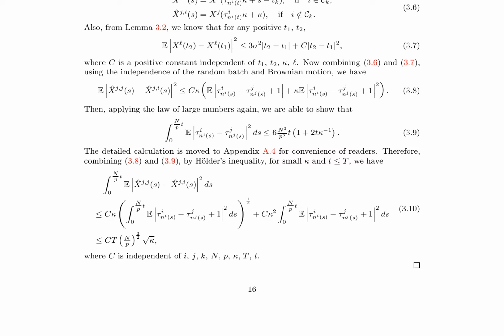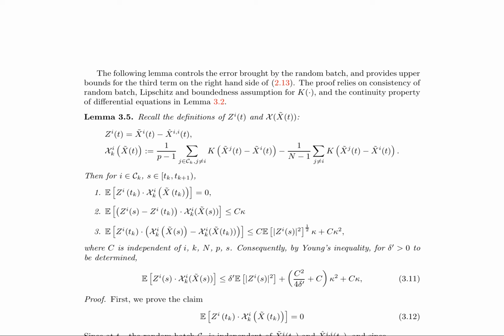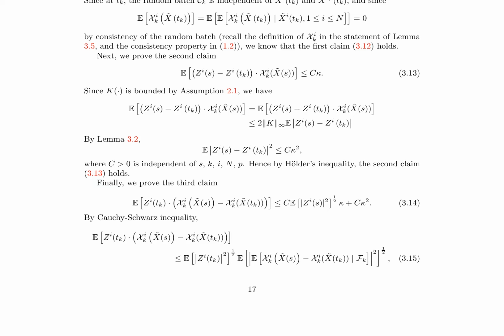In this research, the authors delve into the analysis of a random batch method, RBM, for optimizing non-convex functions, which is an essential component in various machine learning algorithms. The paper focuses on the stochastic gradient descent method with random batch sampling, aiming to provide a theoretical understanding of its convergence properties. The authors introduce a new framework that combines the stochastic gradient descent method with the random batch sampling technique, providing a unified analysis for both convex and non-convex functions. They also establish an upper bound for the error term, which is a critical component in understanding the convergence rate